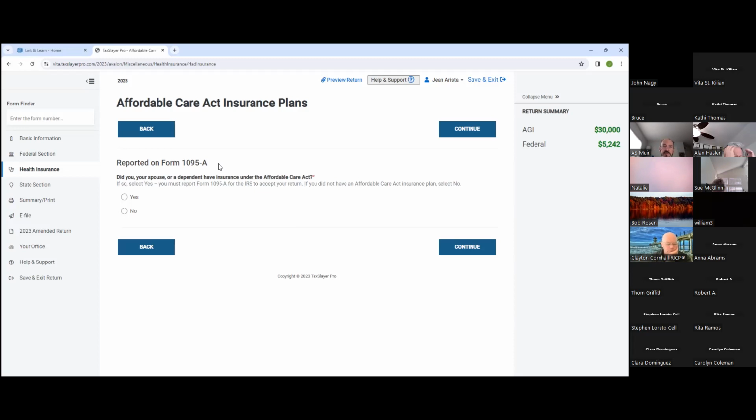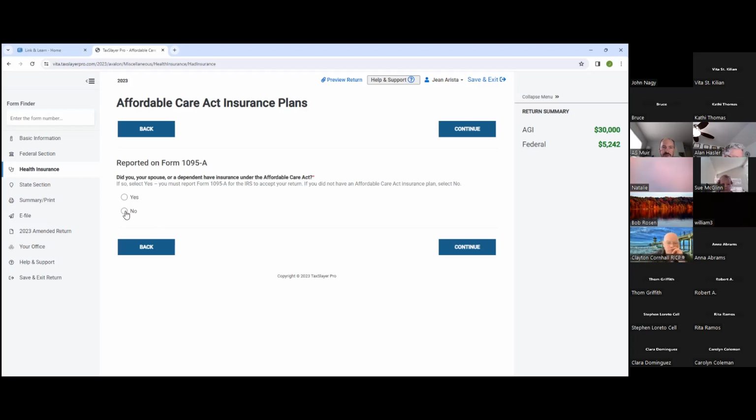But what you do want to remember, if someone's in Covered California, then they're going to have to show up at the VITA site with that IRS Form 1095-A, which shows the amount of the premium they paid and the amount of the subsidy that they received from the taxpayers. And then we can prepare the return. If they don't have the 1095-A, then they've got to obtain that, and then we can help them out.